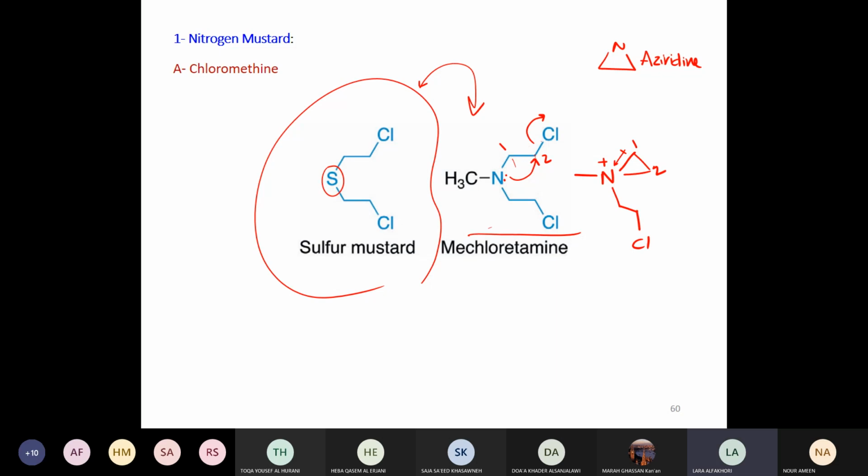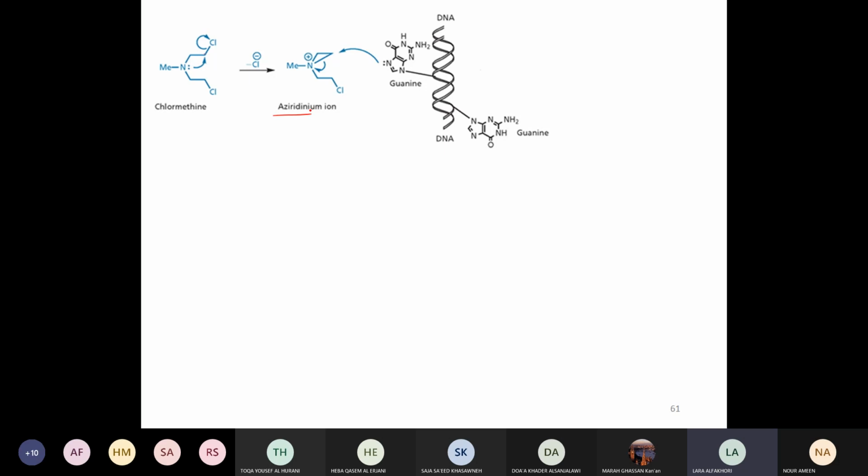Okay? Another reason why aziridinium ions are electrophilic, besides the high electron withdrawal? Yes. This is a three-membered ring system. Usually it's highly strained. There's a huge angle strain, bond strain. So it's dying to be opened by any nucleophile. So the mechanism of action of nitrogen mustards, such as this compound here, is that first the nitrogen attacks the electrophilic carbon, forming what is known as the aziridinium ion.